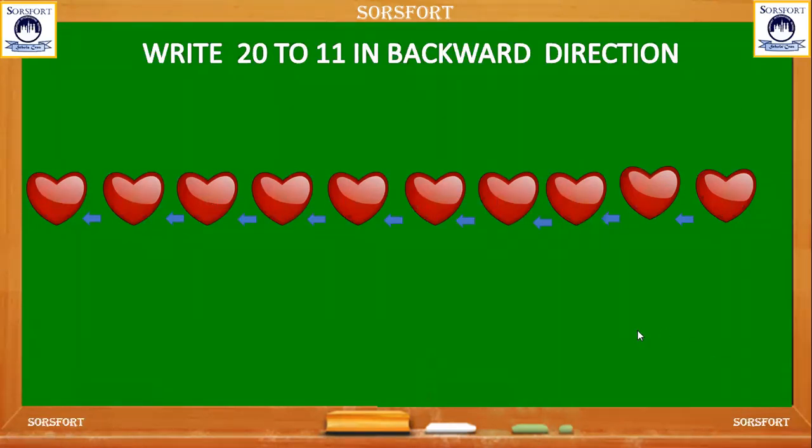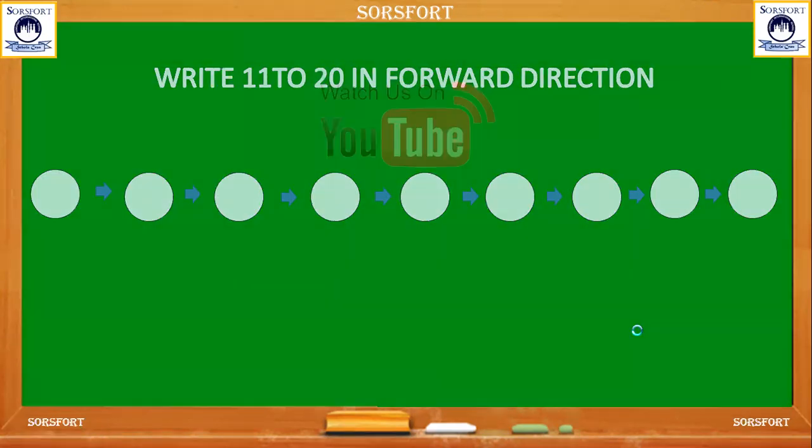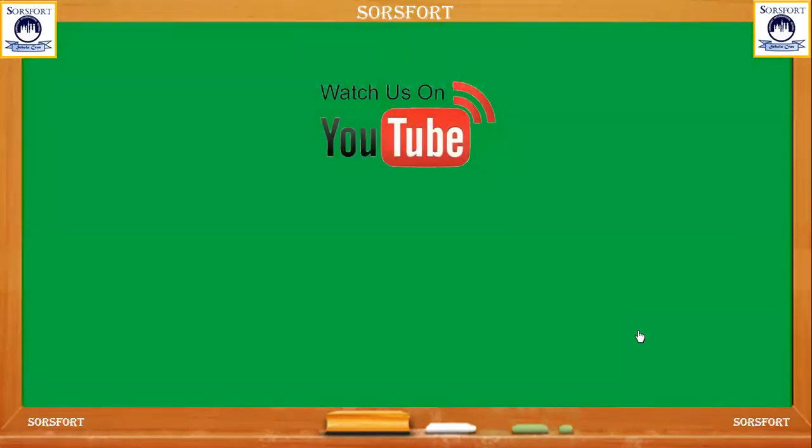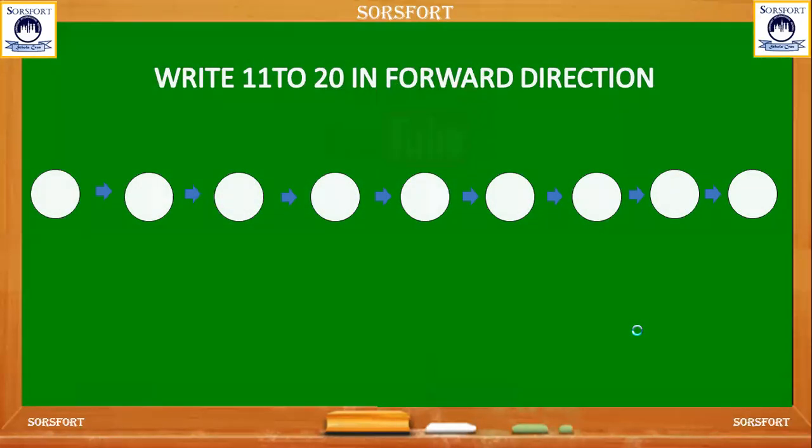Now come to the next page. In this page, it is told write 11 to 20 in forward direction. So let's start how to write forward direction. So first 11, after 11 12, after 12 13,